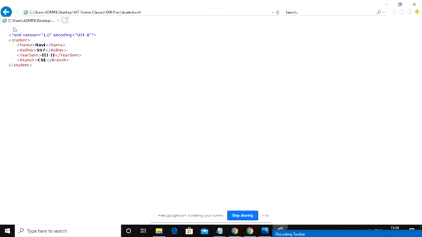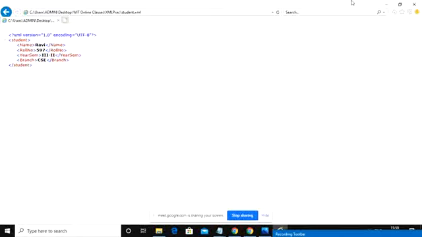Okay, so this is how you generally store XML data. XML doesn't focus on the presentation part. It mainly focuses on how your data is stored, but not how you present that data. Here, if you see, name, roll number, year, semester, branch are siblings to each other and they are the only children of student.